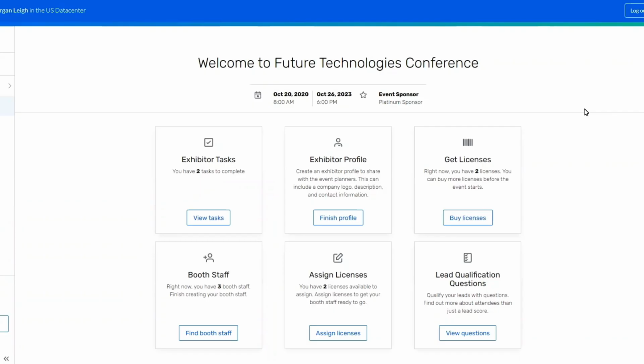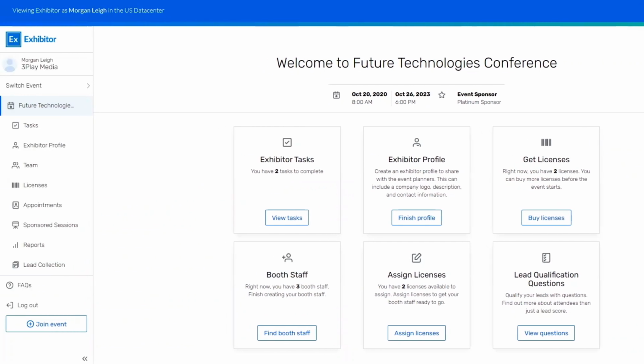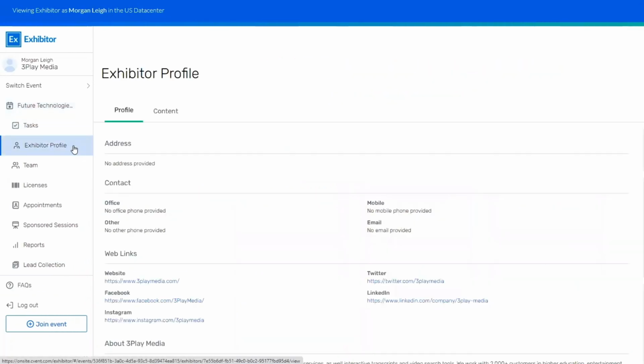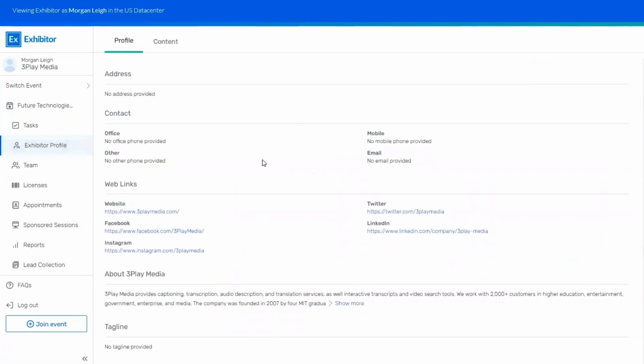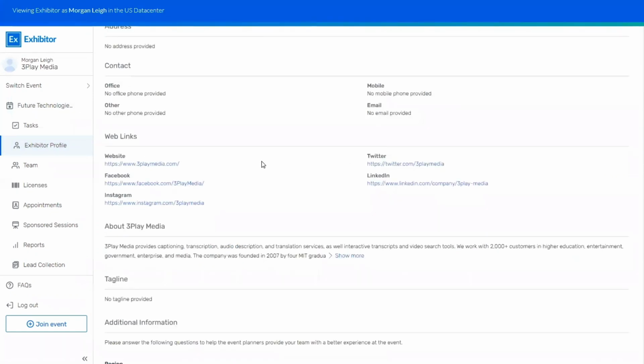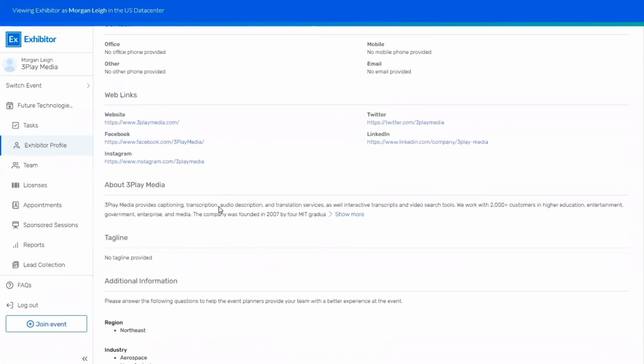Now let's see where those sponsors and exhibitors can configure these pages within their exhibitor portal. You will direct your main points of contact at those exhibiting and sponsoring companies to log into their own dedicated portal to manage their time before, during, and after your event. This is where they can provide company details, upload their logo, videos, and other content that they want to show